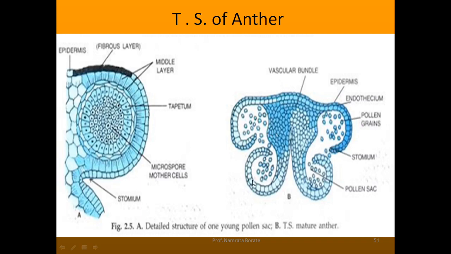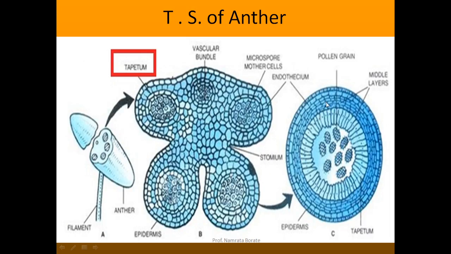Means these are tetrasporangiate. When the anthers dehisce, they become bisporangiate, because the dehiscence of anthers occurs in the groove region. Afterward, the next layer we see is the middle layer. This middle layer is made up of thin-walled cells, 1 to 2 layered, which may disintegrate in the mature anther. These cells act as a